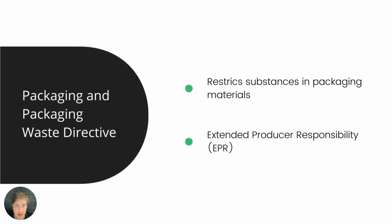All right, finally, we have the packaging and the packaging waste directive. And I'm not going to go into the scope of the entire directive, but at least in the context of children's clothing, there are two things to consider. And the first is substance restrictions in packaging materials. There's a list of heavy metals that are restricted. Similar principle as with REACH in this case, which also applies to packaging materials, just to be clear. And second is that of extended producer responsibility. So when you're selling in the EU, you need to register with a PRO or a producer responsibility organization, and you essentially pay them